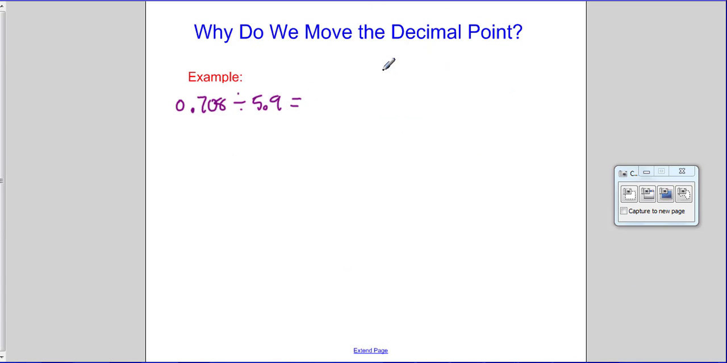Finally, why do we move the decimal point? So I'm going to try to explain what's going on here. So 0.708 divided by 5.9 can be written as a fraction. That should be 5.9. So what I'm going to do, remember, this can be written as 5.9 into 0.708. So what I'm doing is